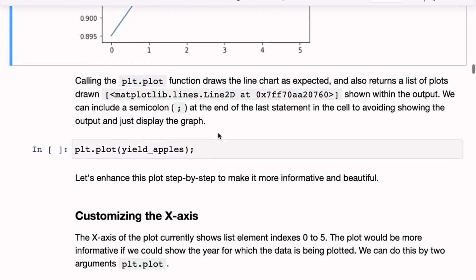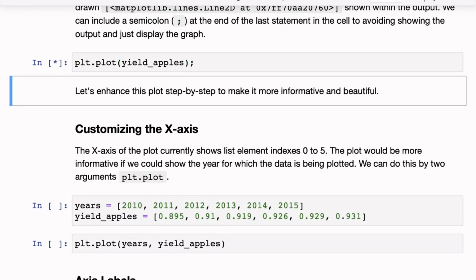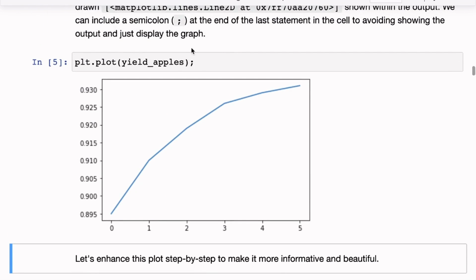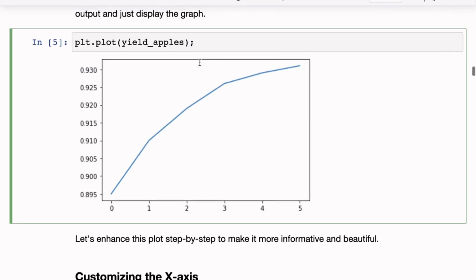So one thing that you can do is include a semicolon after your code. If we call plt.plot with the semicolon, you can see here that now we do not have that Line2D output. We simply see the graph being plotted. And in general, while using matplotlib, you might want to just include a semicolon with the last statement so that you do not see an unintended output.